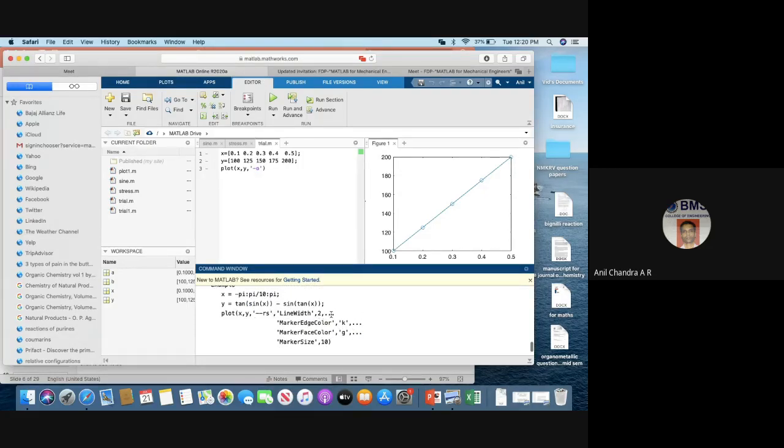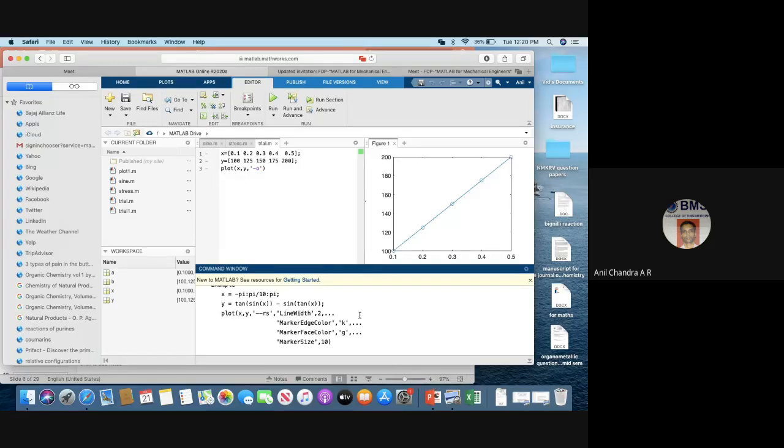So dot dot indicates that it is the continuation going into the next line, so it means basically a single line. You can continue it. K indicates black. So you can plot various types of lines. You can plot markers.